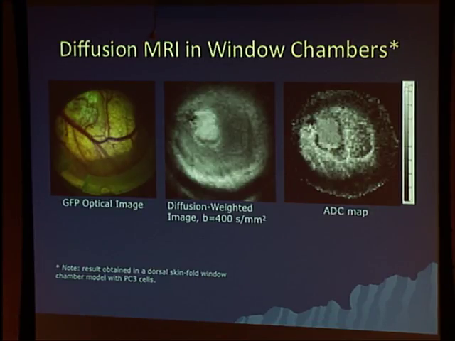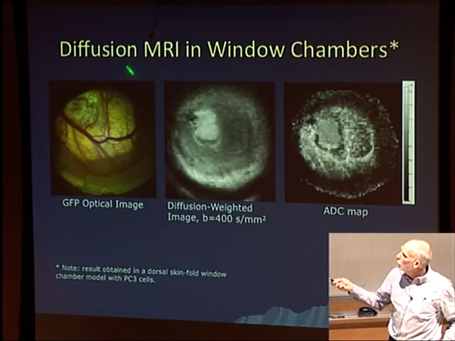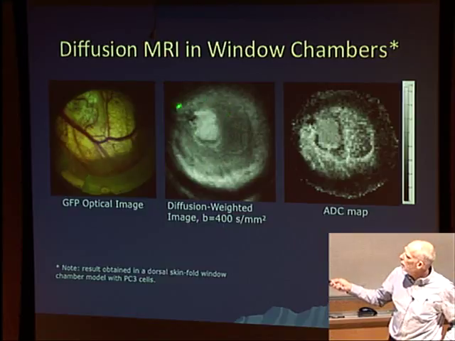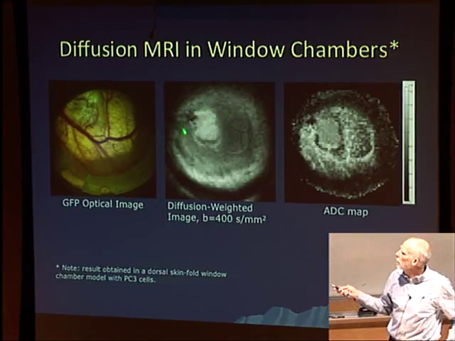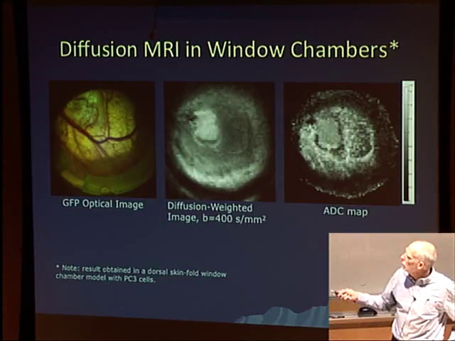One of the things is diffusion MRI, which is a very important kind of approach. It's used when somebody has a stroke, they'll almost certainly go in and have a diffusion MRI. What happens in stroke, cells swell, water goes in and is restricted. So the diffusion properties of water become restricted, and it gives you a bright signal. So in a diffusion-weighted image, if something's highly cellular, like a tumor or swelled cells that are ischemic from a stroke, you'll get a bright signal. So you can see very nicely a bright signal within the tumor.